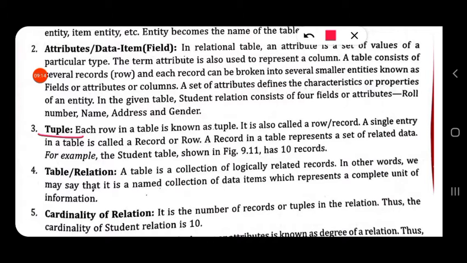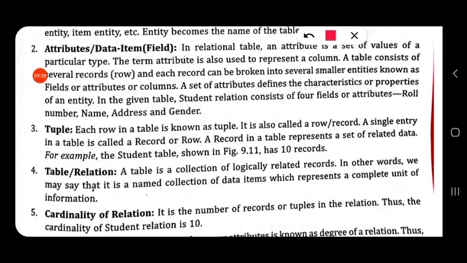Each row in a table is known as a tuple. It is also called a row or record. In a relational database, we never use "row"; we use records or tuples.